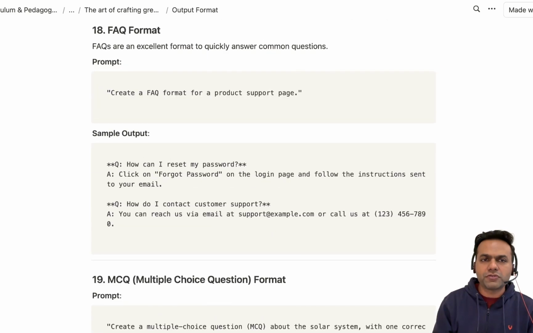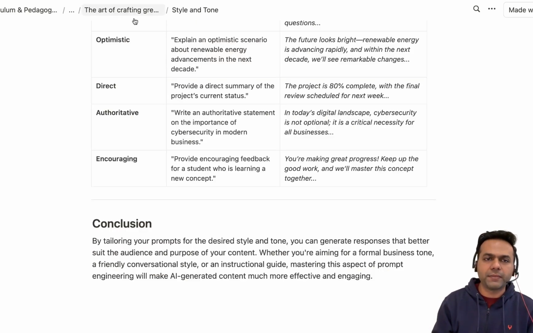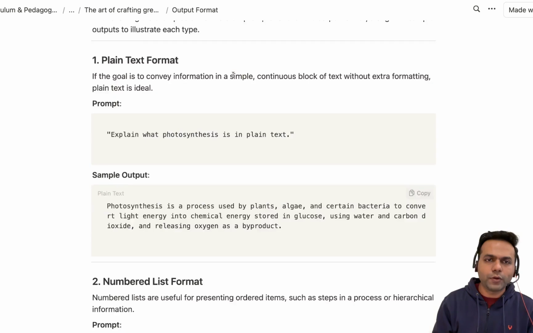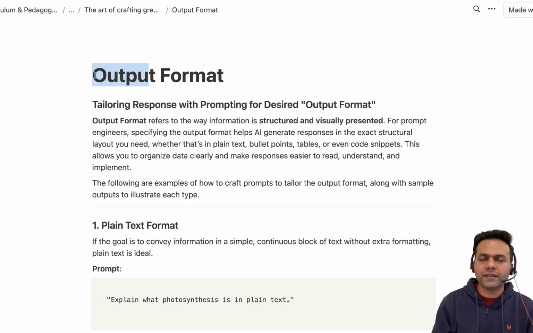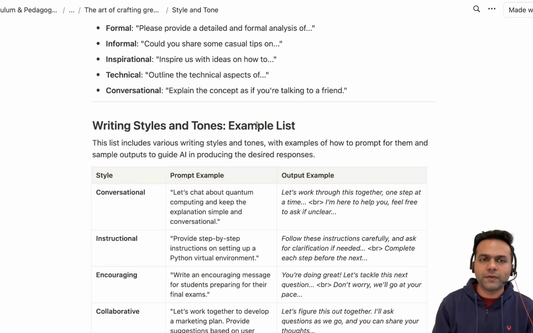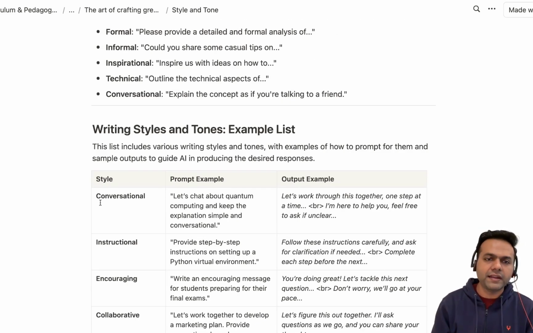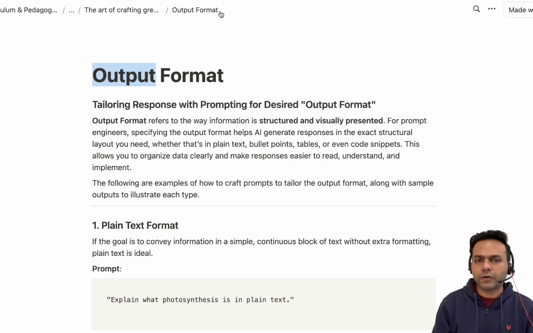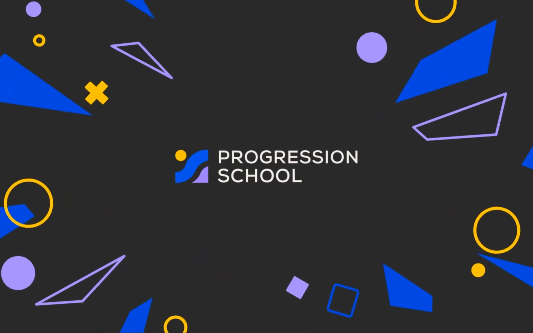So a lot of control you have over 3 things primarily: the style, the tone, and the output format. The more you use them, the more intuitive they become. But to begin with, please feel free to use these notes and experiment with these lists that I have provided related to styles, different tones, and different output formats.